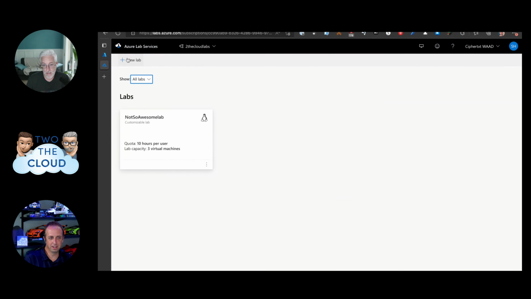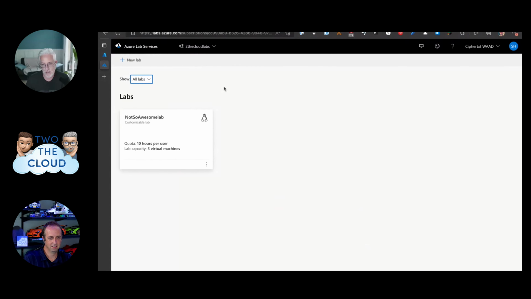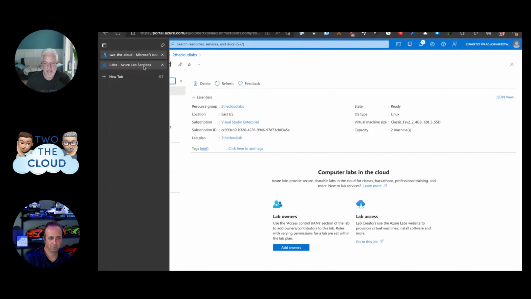It's like the whole thing just got disconnected. Or the lab that we created. Yeah, the super awesome lab that we created. I can't do anything with it. Is it hanging out there? Am I being charged for it? Maybe. Who knows? Can you at least delete them from the Azure portal so you don't get charged for them?